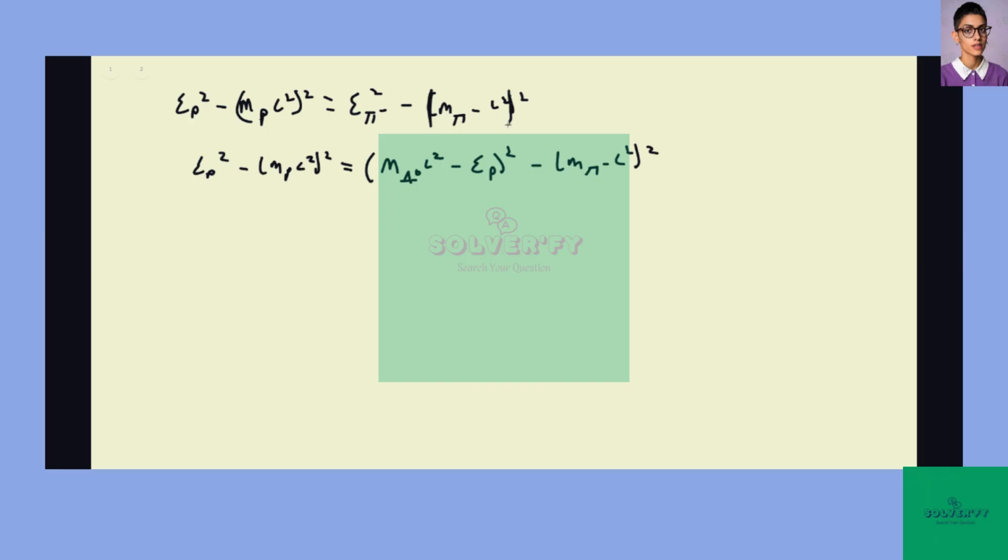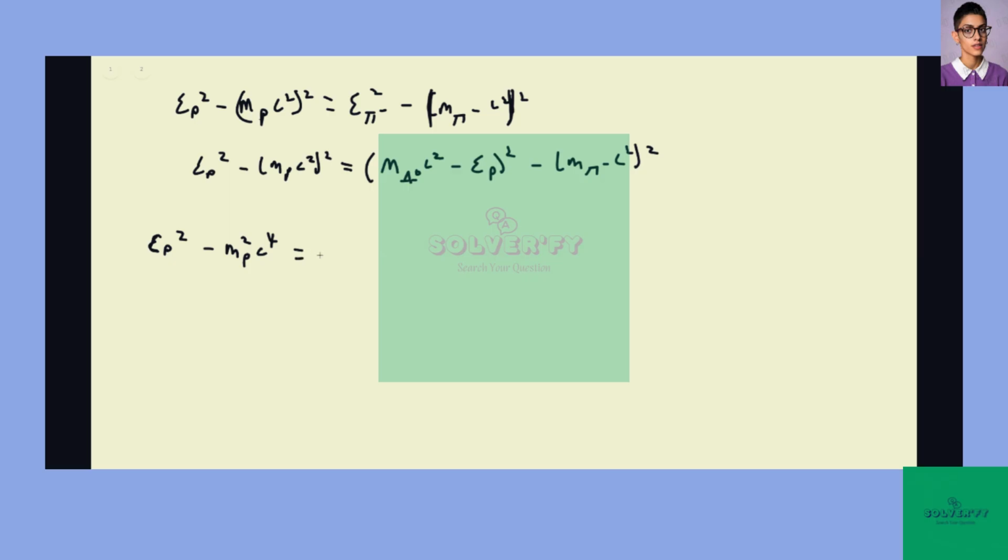All right, so now we can expand this out and get the total energy of the proton squared minus the rest mass of the proton squared